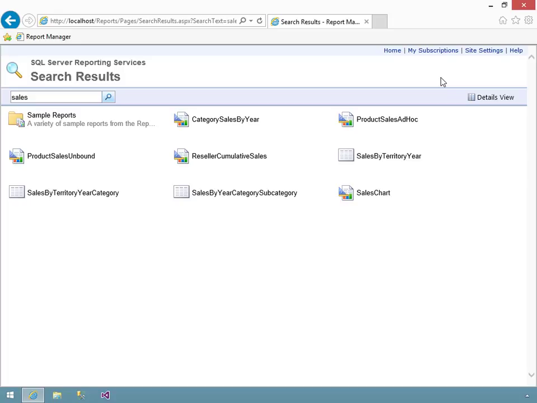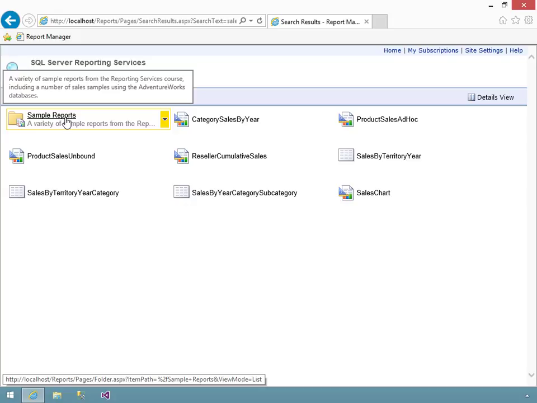One thing that's interesting right off the bat is that it's not just searching the name of the object. That's shown right here in that I have sample reports, which doesn't say sales. But if I hover over it, you can see that it includes the phrase, "including a number of sales samples using the AdventureWorks databases." Okay, so it's searching not just the name of the object, but the descriptions. So this is where, as I mentioned earlier, it definitely behooves you, when you upload the reports to the report server, to include meaningful descriptions,